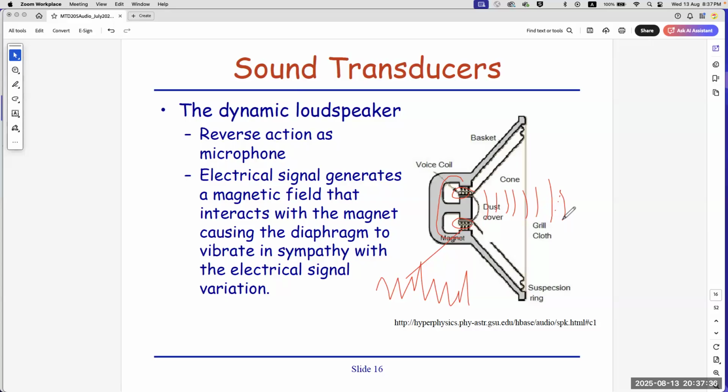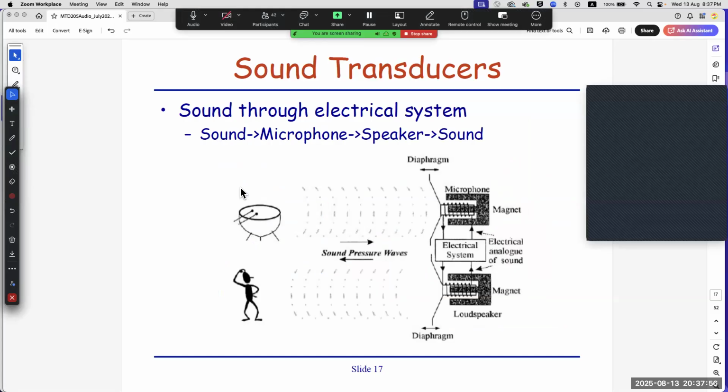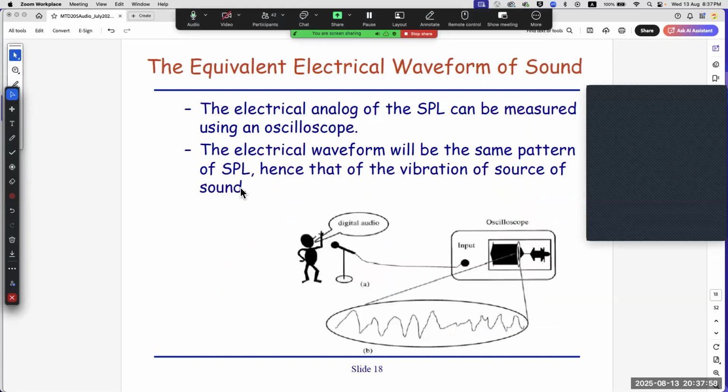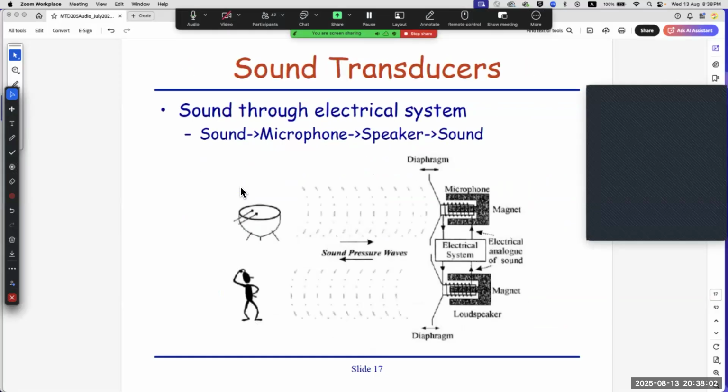Just like when you play guitar, you strike the string, or you play the violin, you have this rod and pull it, the motion itself disrupts the air particles and creates the sound. So this is how it works. Maybe 3 more slides, quickly. Of course, this gives you the summary.